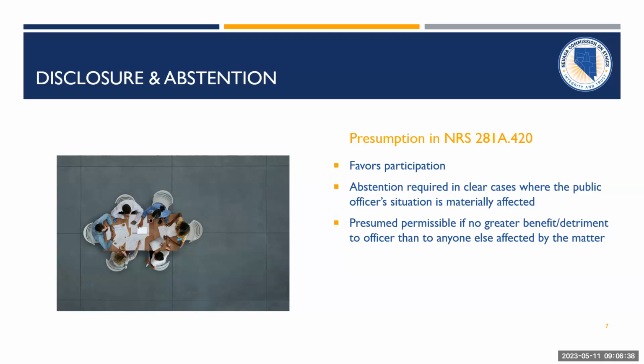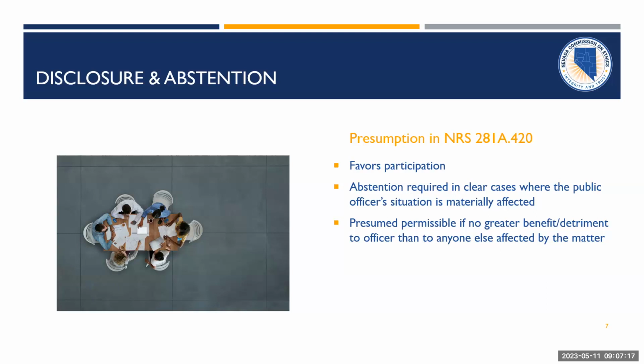And so the ethics law says, hey, if you've made a disclosure, abstention is only required in clear cases where your situation is going to be materially affected by the vote, right? Materially affected by the vote. And there's a presumption that if you're going to take an action that impacts a lot of people, including yourself, but you don't have any greater or less effect than anybody else in that group, you can also participate. So if you think about the example of the city councilwoman with a business, and they're